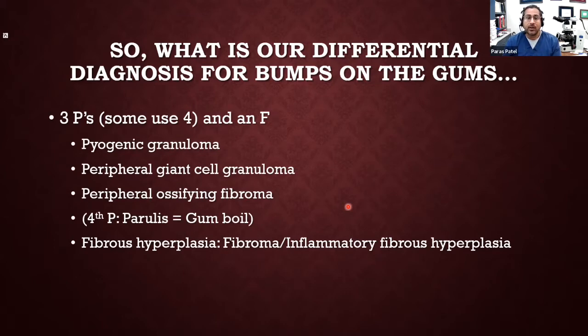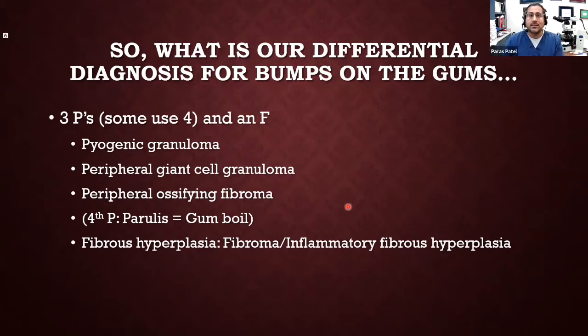The 4th P would be a parulis, or the draining sinus tract. And then the last thing, the F, would be a fibrous hyperplasia, whether it's a fibroma or an inflammatory fibrous hyperplasia. There have been some big studies that have looked at thousands of cases of bumps on the gum, I will say, and a majority of those, close to 90%, if not more than 90%, end up being one